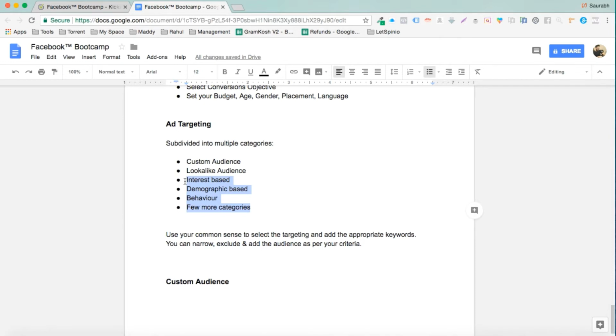Facebook understands your daily activity. Facebook understands the kind of URLs you are visiting in the new tab. So Facebook has seen everything. Facebook knows the kind of pages you interact with and the kind of pages you have liked. So Facebook has all this data, and based on that, Facebook has come up with interest targeting, demographic targeting and all the other things. Facebook knows who is a frequent traveler, and all the updates that you do, like in terms of job, when you got a new job. So Facebook knows about that data and comes up with it in these four categories.